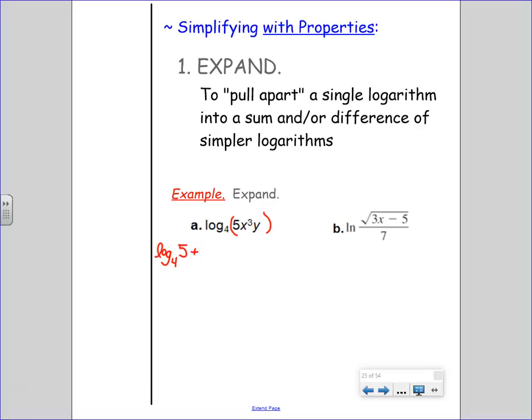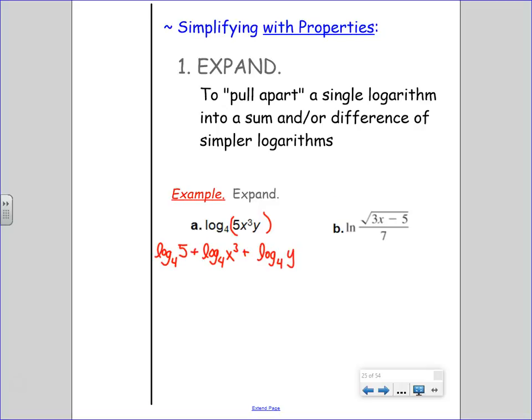Log base 4 of 5 times, I write a plus. And I say, oh, time for a new log. Okay, who is after? Log base 4 of x cubed times, I write a plus. New log. Log base 4 of